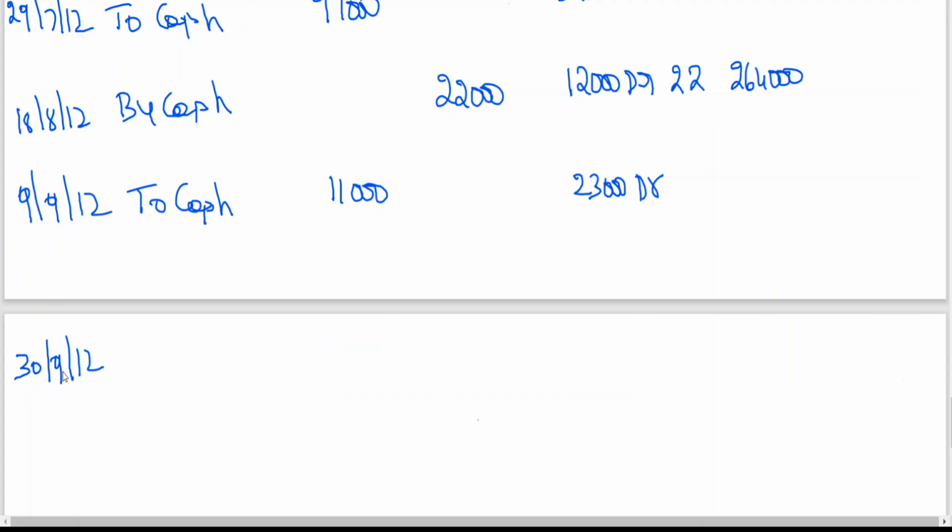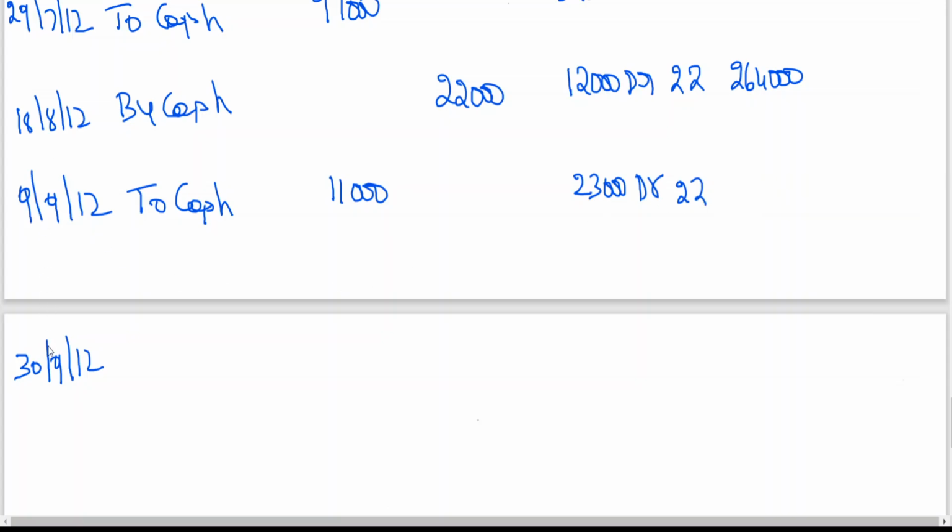Normally 9th to 30th September means you can either exclude the 9th day or exclude the 30th day, but inclusive of both dates. So 9th September to 30th September, you can count including 30. If you count, you will be getting 22 days. In simple words, you calculate 9, 10, 11, 12, 13, 14, 15, 16, 19, 20, 21, 24, 25, 26, 29, 30. How many days are you getting? 22 days. Generally, how to remember, sir?